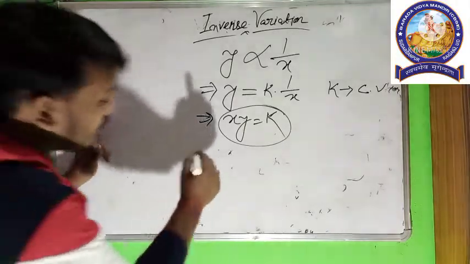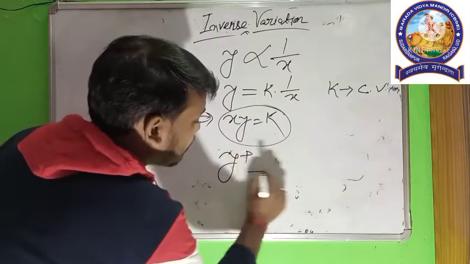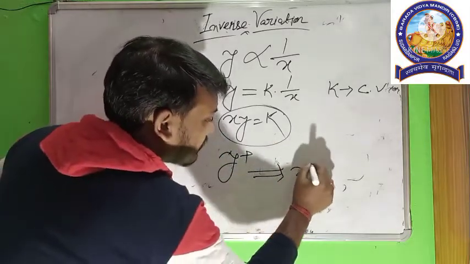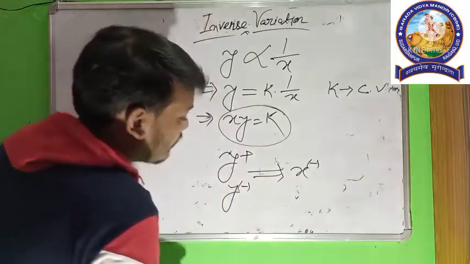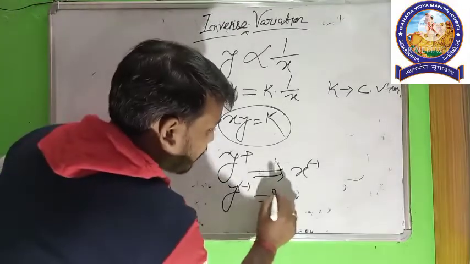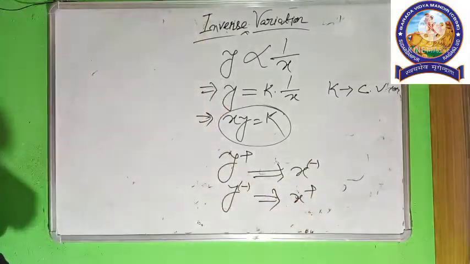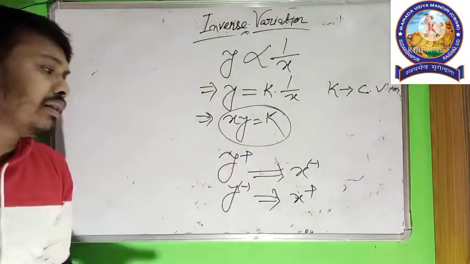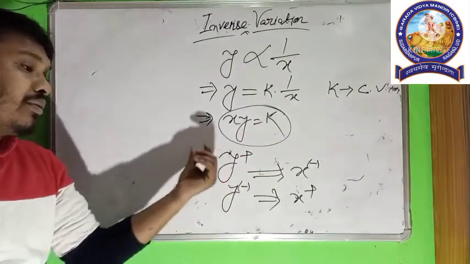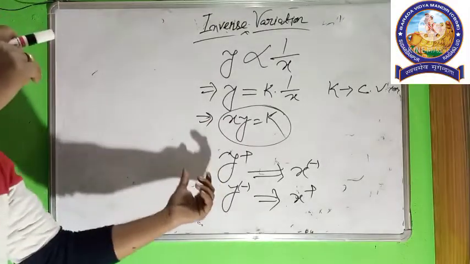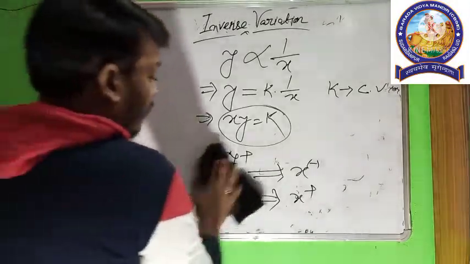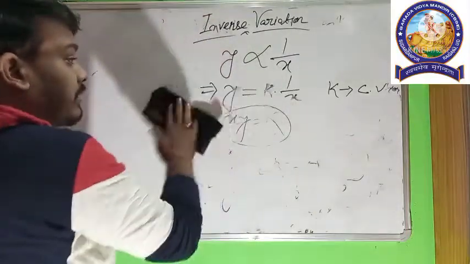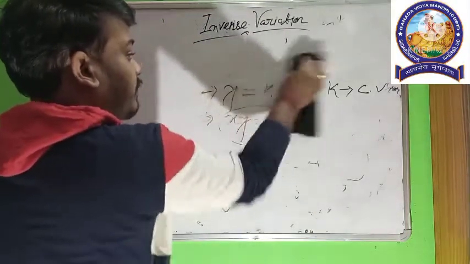Okay. And what is the thing? If the value of y is increased, it implies the value of x decreases. Conversely, if the value of y is decreased, then the value of x is increased. Okay. So these are the relations between the quantities, how to relate one variable to another. They are opposite to each other. If one variable is increased, then the other is decreased. Okay. So this concept I have given in the previous video also.